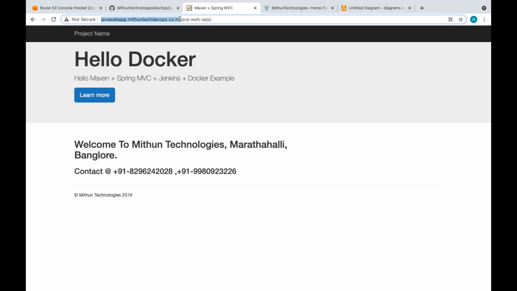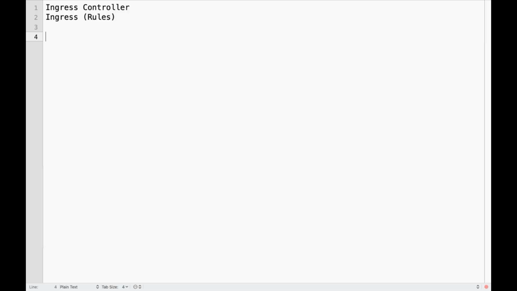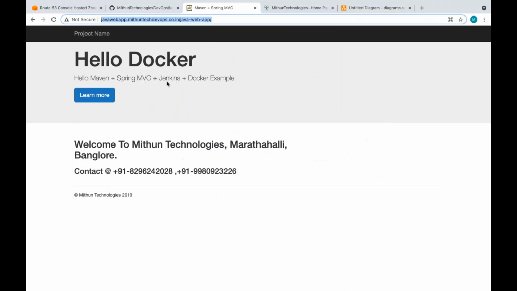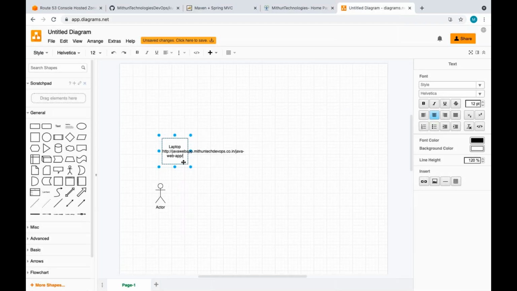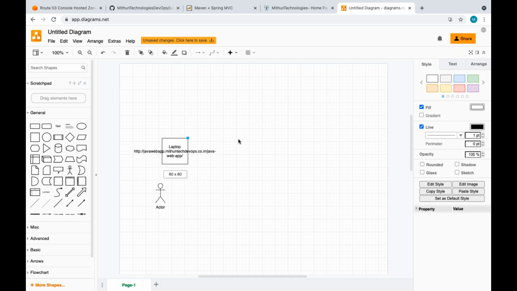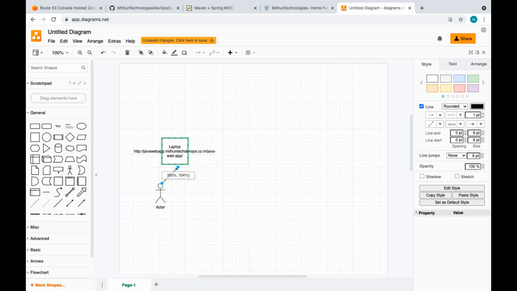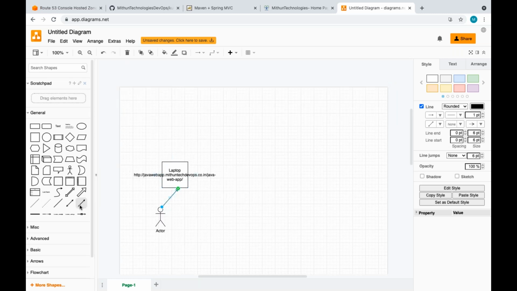If it is running on a root path, it will route accordingly. So he is accessing something like this in his laptop. Then first, what will happen? The moment he types that in the browser,